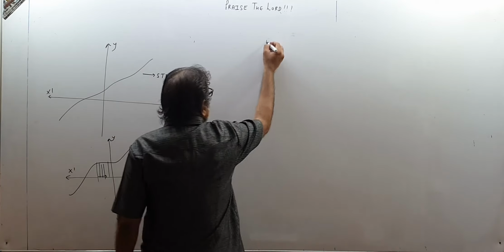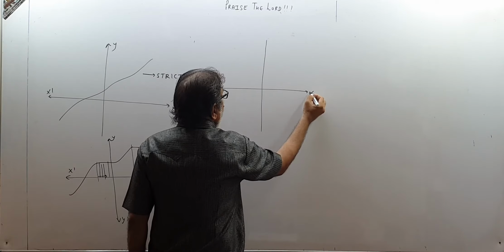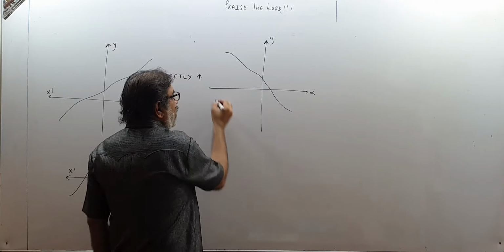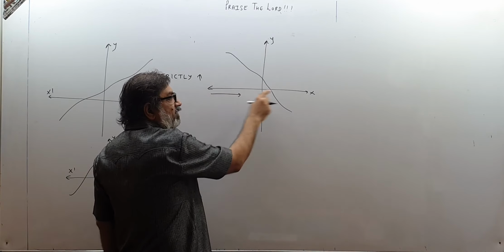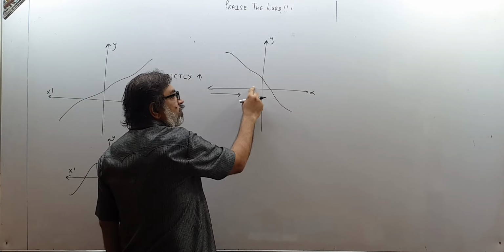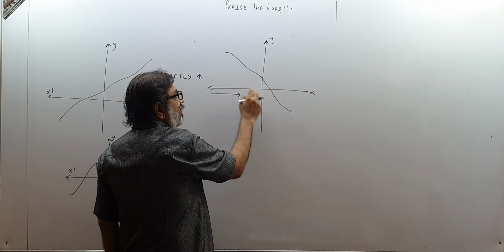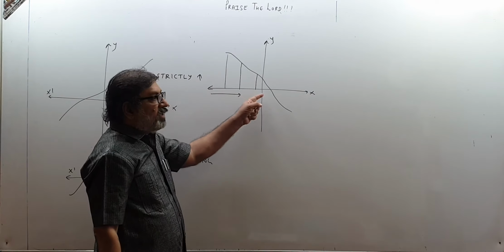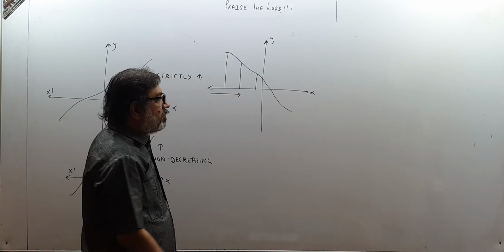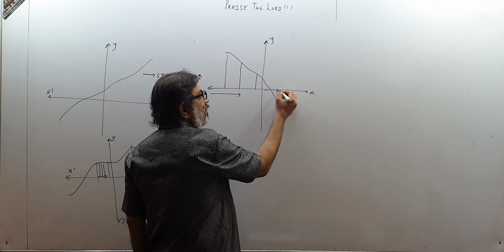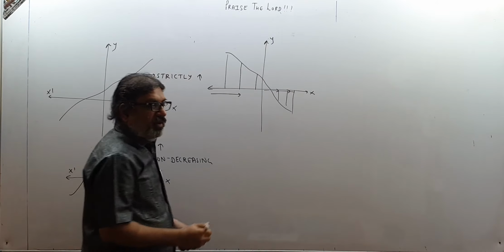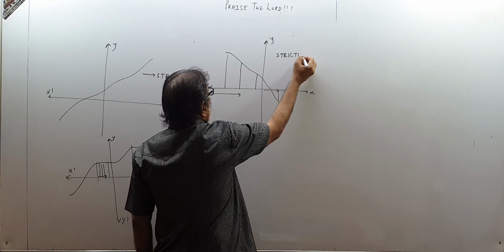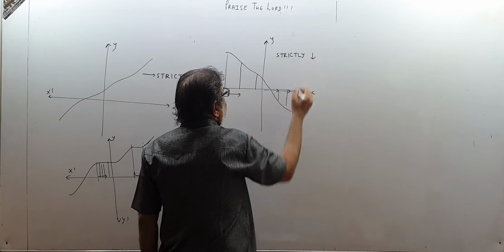And if your function is like this, supposing the value of the variable, the value of the function, the graph comes out like this. So as you go from left to right, as x increases, the height keeps on decreasing, you can see that. From here to here to here if I go, the height is decreasing. So x is increasing, but height is decreasing. Here also the same thing is happening, x is increasing, but height keeps on decreasing. So this is the case of a strictly decreasing function. This is a strictly decreasing function.